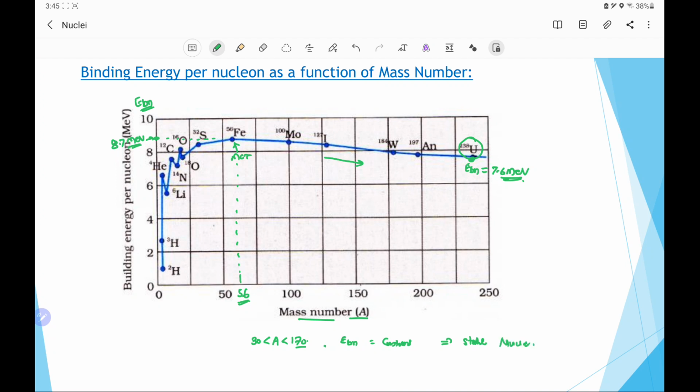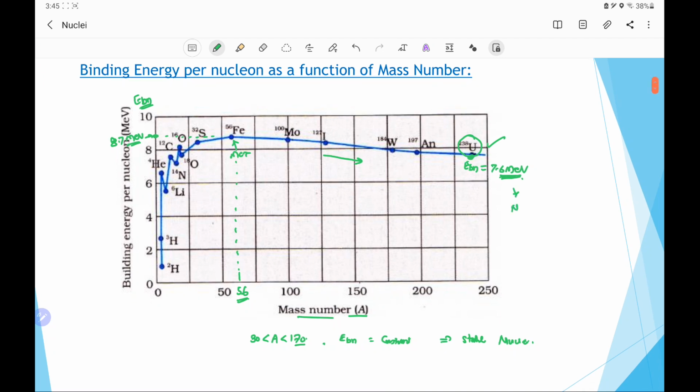Heavy nuclei like U238 have a binding energy per nucleon of about 7.6 million electron volt, and these are unstable. So they undergo a process called nuclear fission, in which the nucleus breaks into lighter nuclei which have a lesser mass number. A lesser mass number means more binding energy per nucleon, and they will be